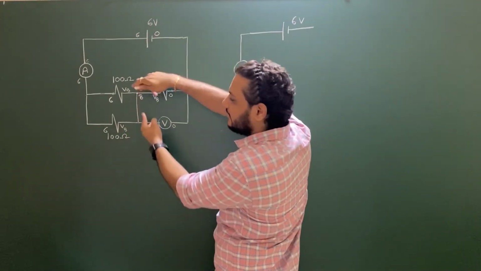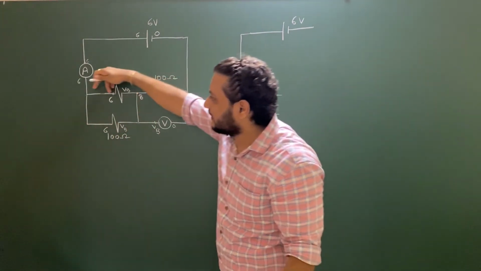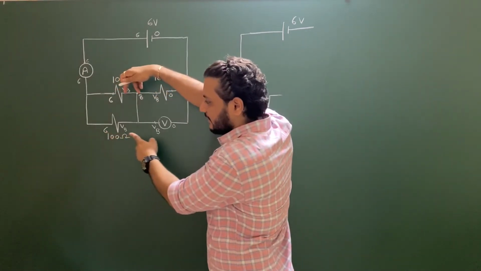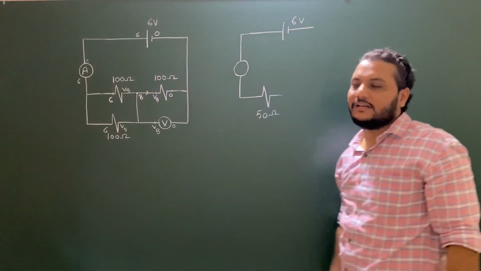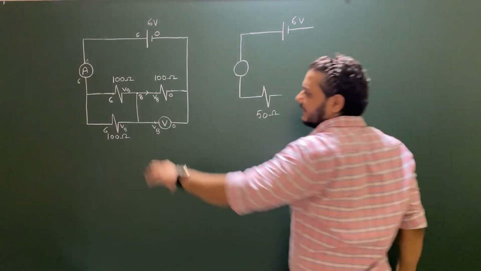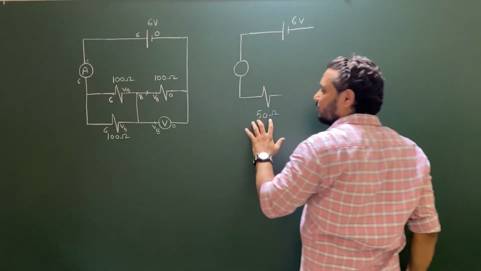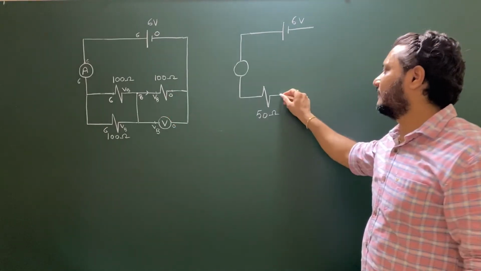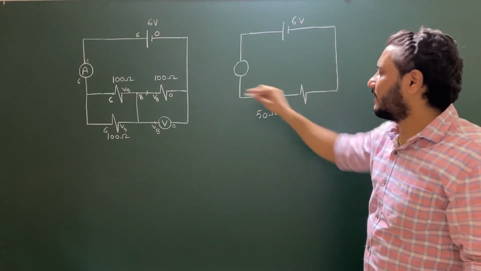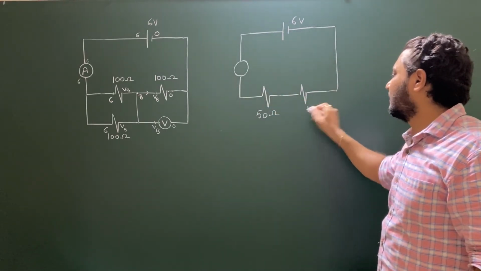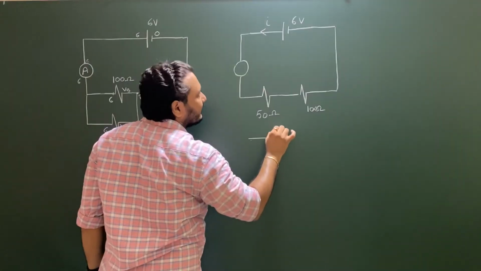This is called a short circuit. So whatever current is coming from here, all the current will go through this branch. At this junction again, the current coming from here and the current coming from here will meet up, and the total current will pass through this 100 ohm resistance, and then again it goes to the battery. So this 100 ohm and 100 ohm are in parallel, and the equivalent of those two is connected directly with this 100 ohm. Now you can see this 50 ohm and this 100 ohm are connected in series. Let us draw the circuit also.